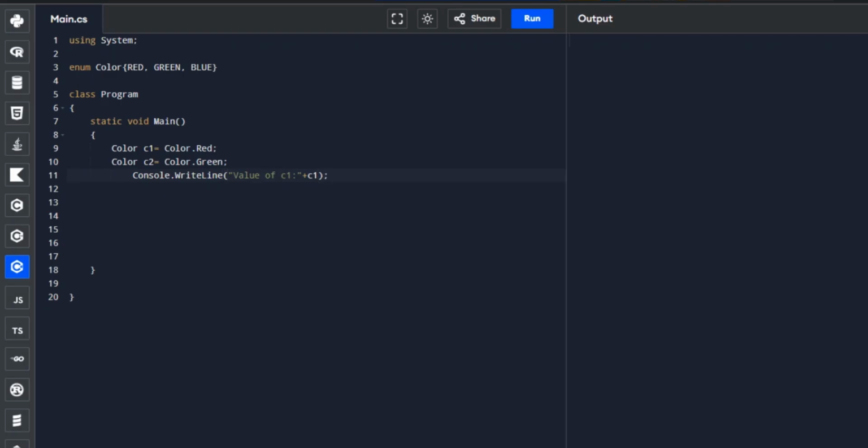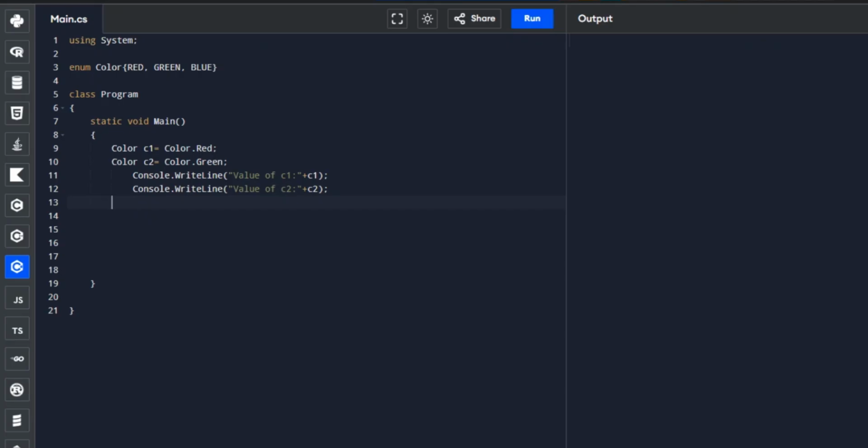Okay, so we're done with C1 and now we will just copy and paste it, so that it would just be replacing the variable name. Okay, this is our first operation, which is assignment.